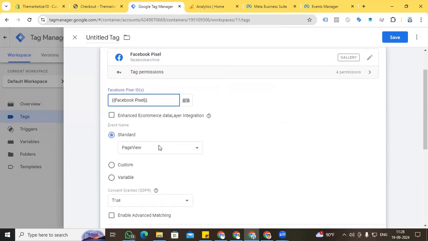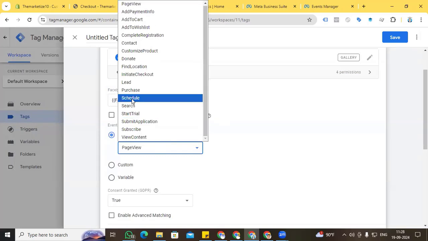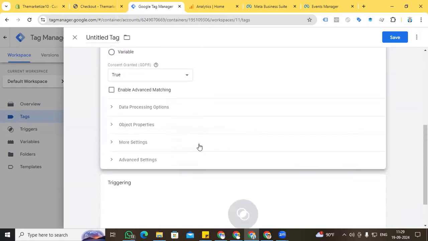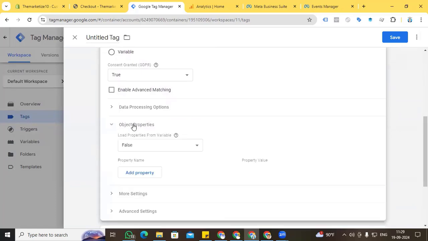And for the standard event, we have to find the initiate checkout event. Here you can see initiate checkout, but in our data layer, we have begin checkout. So that's not a problem. We just have to add our trigger begin checkout, then that will do the work. So we are selecting initiate checkout for the standard event, and you can see that for object properties, here